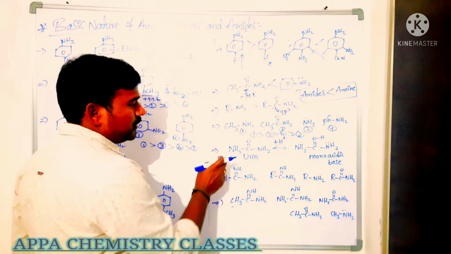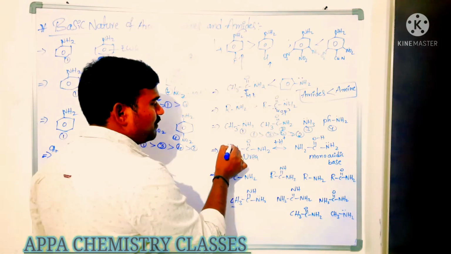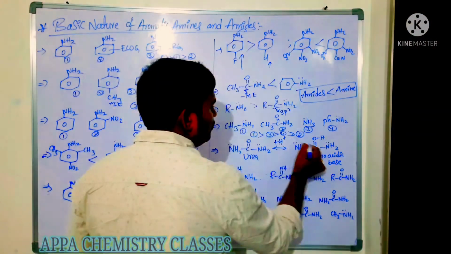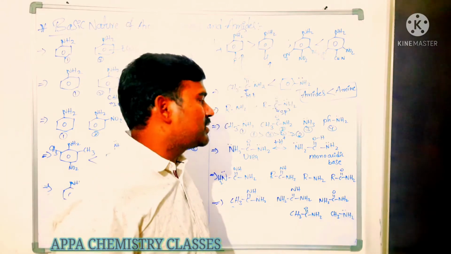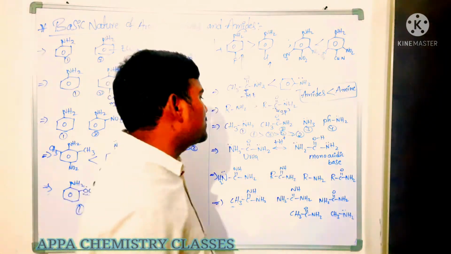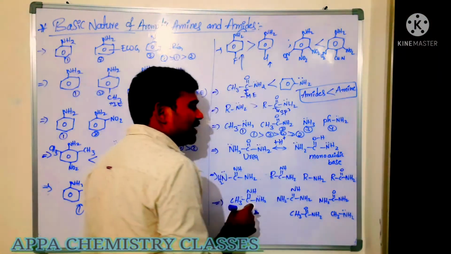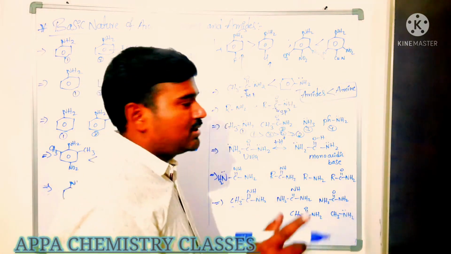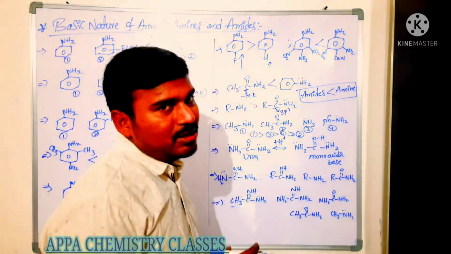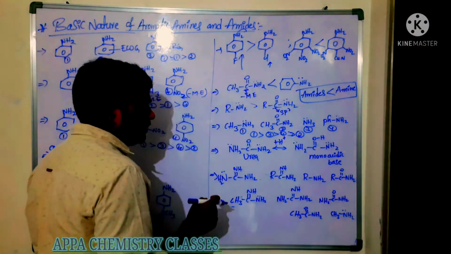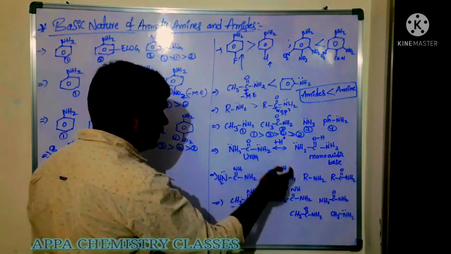Is that clear? Now here this urea is there, no? Urea contains 2 nitrogens which are having 2 lone pairs. But by seeing those 2 lone pairs of electrons, we can say it is a diacidic base. But what happens? It can capture the proton, only one proton. So it is a monoacidic base which accepts only one proton. It is not the diacidic base. Okay?